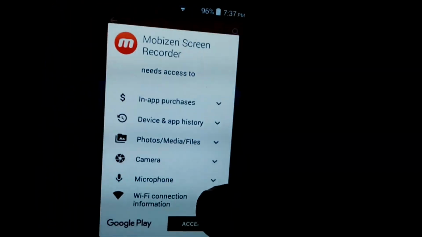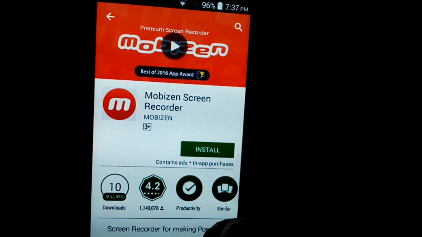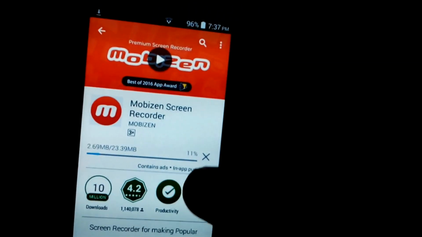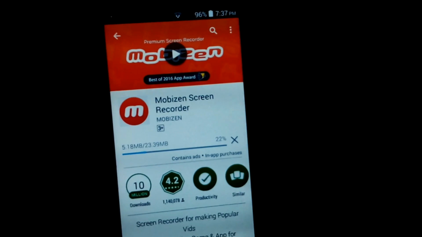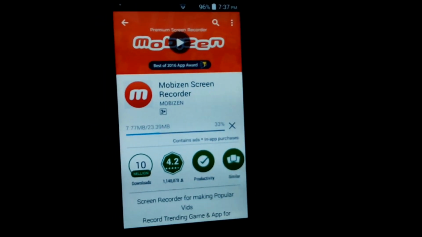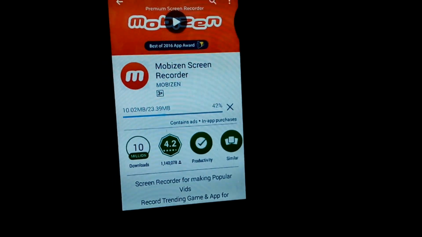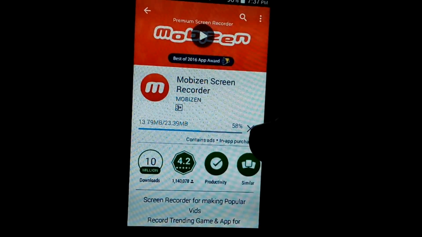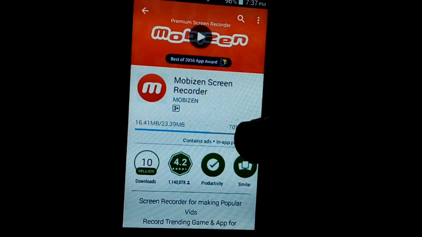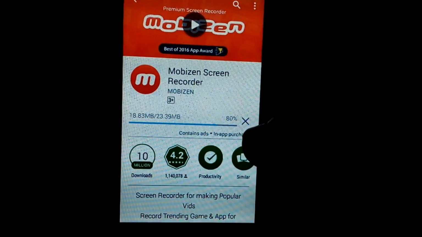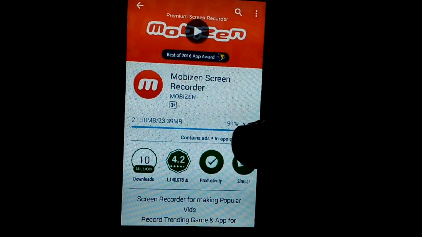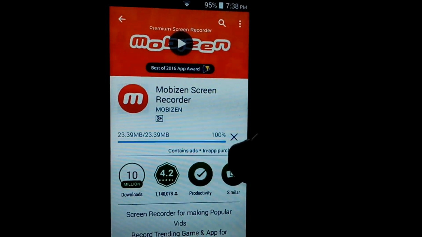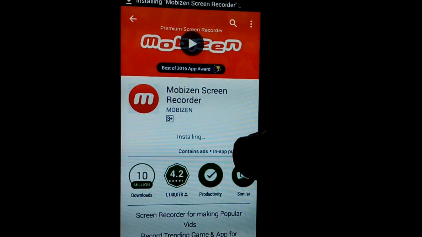Even if you want to go by yourself and install, accept and let it get installed. So it's getting installed.